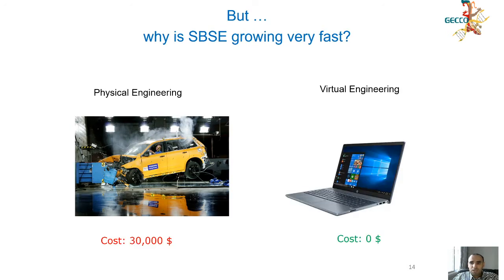So maybe the question is why this is growing that fast. The answer is that, unlike other fields, we have a valuable opportunity to check many possible solutions for a given problem and then select the best one. In physical engineering, this could be limited and costly as we need to try different solutions and experiments, and the cost can limit the application of these